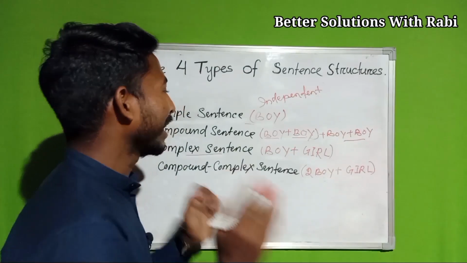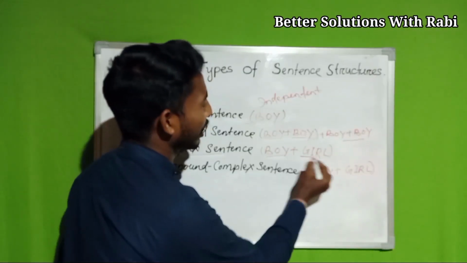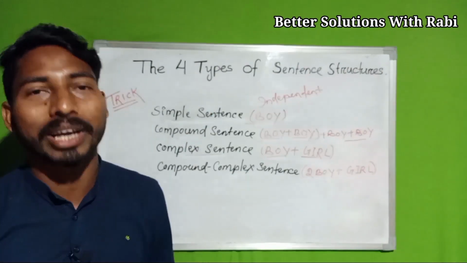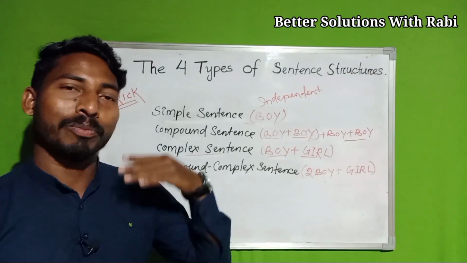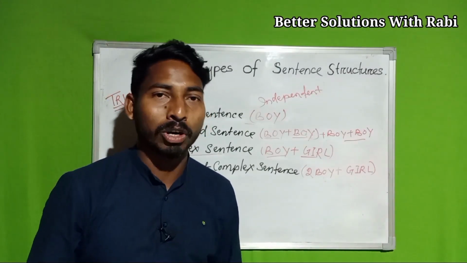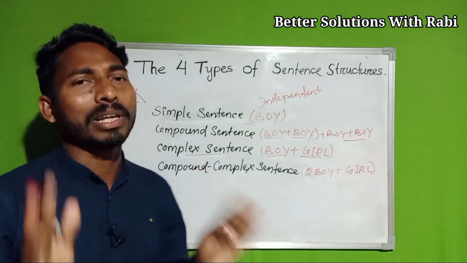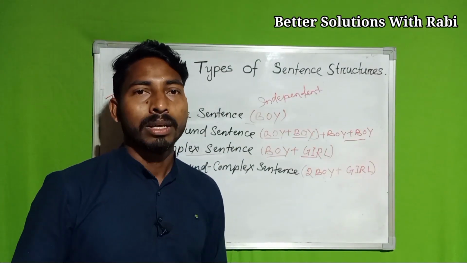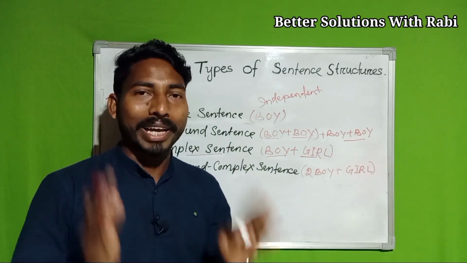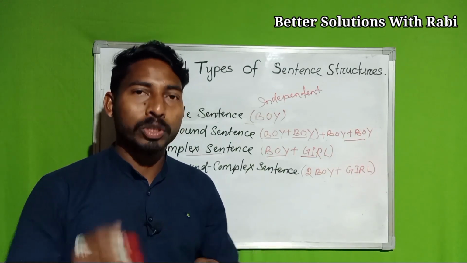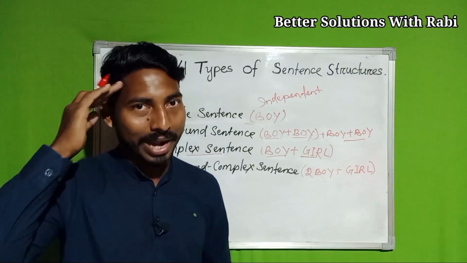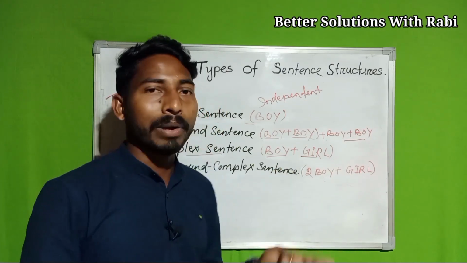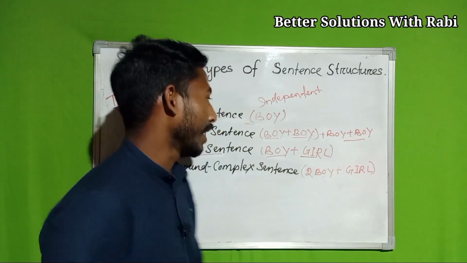Okay, complexity or complicated. We know that in our society, whenever they see a boy and girl together, no matter whether they are brothers and sisters, friends or something else, there is always a complexity prevailing in our society. I think we all should be against it, and we should try to eradicate it from our minds so that we will be able to live a free and frank life.